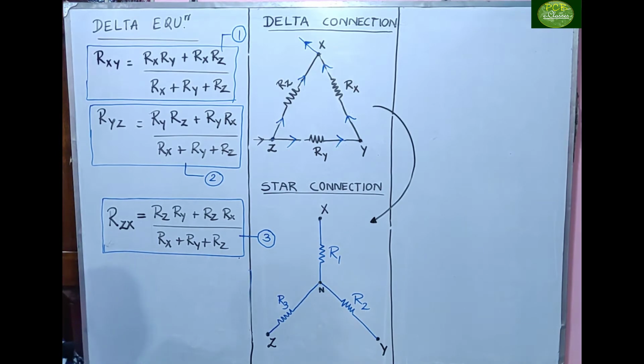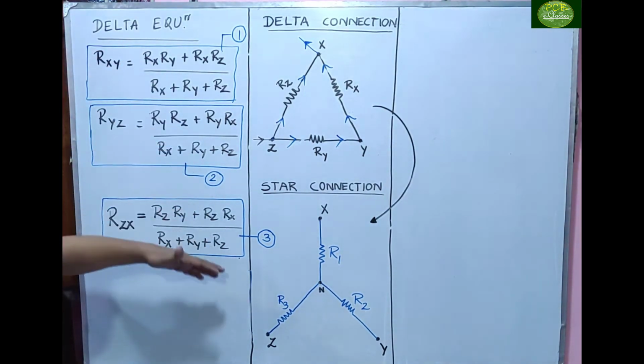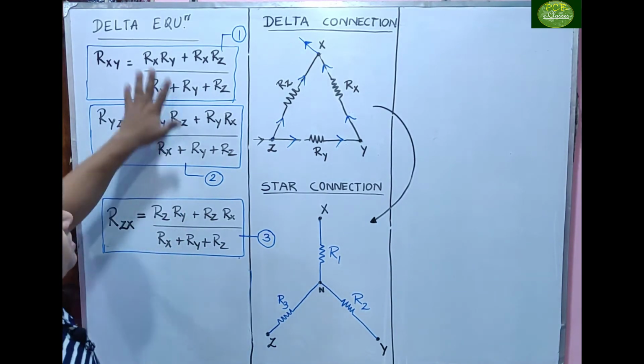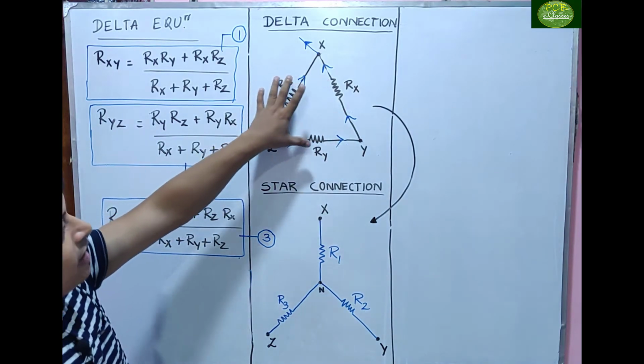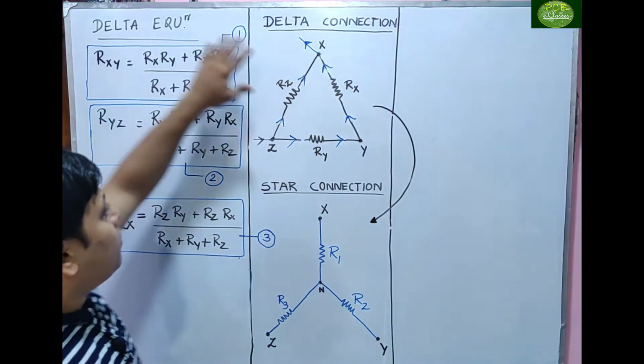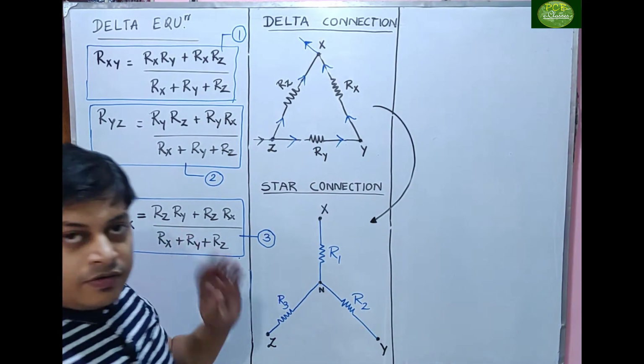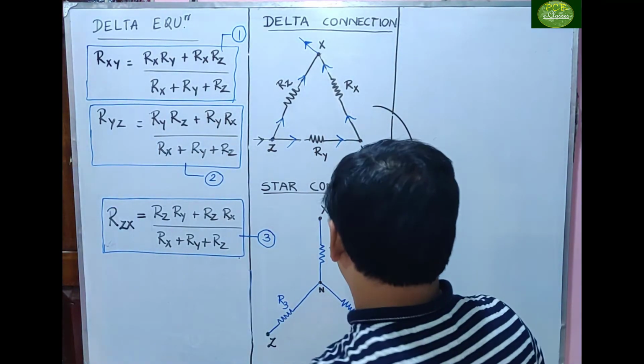Fine. You can see here I have written the delta equations in an order. First equation, second equation and the third equation. Clear? So this is all about the delta connection R equivalent across two terminals. We have got it. Three equations. Now we will come to the star connection. Fine. Star connection,